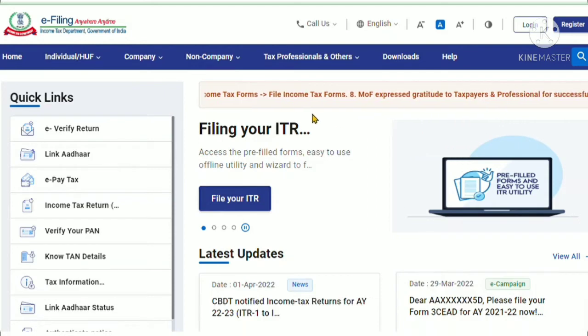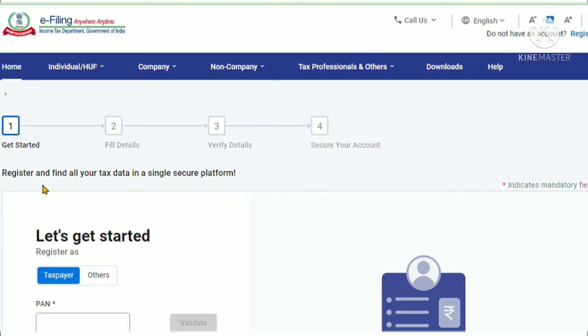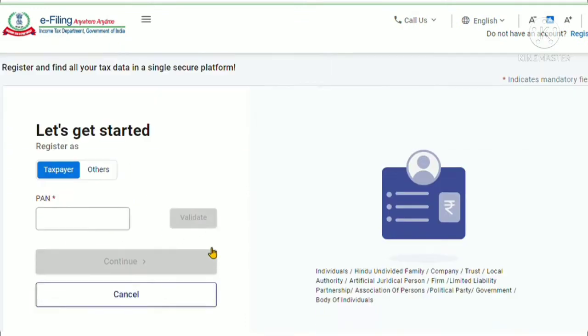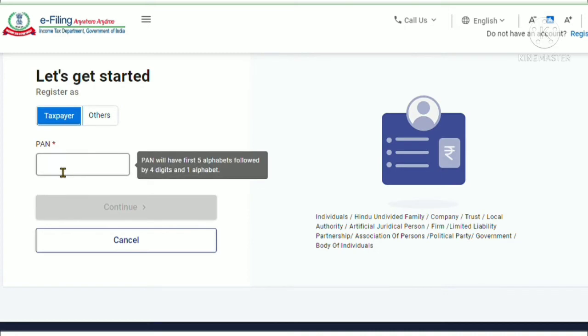And on the top corner you can see there are two options, login and register. If you are already a registered user, then you can click on login, but if you are new to the portal you can click on register, and you can see over here Get Started, select taxpayer and then put your PAN card. After putting PAN card you can click continue, and once you click continue you will be taken to the